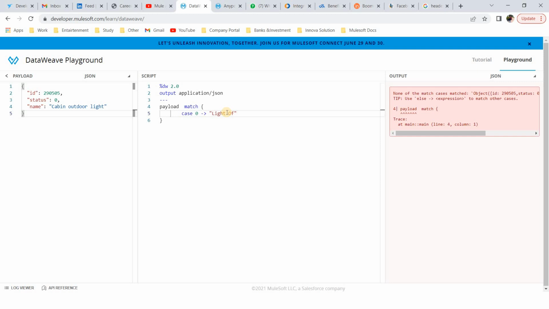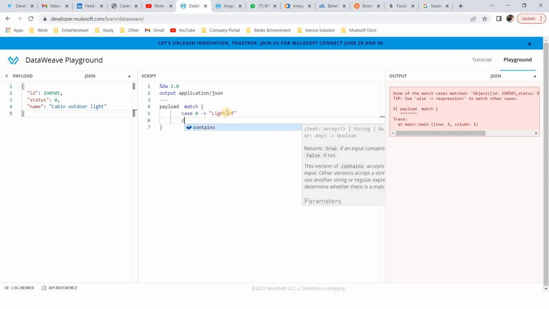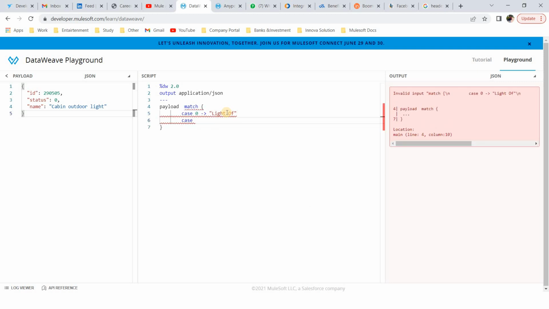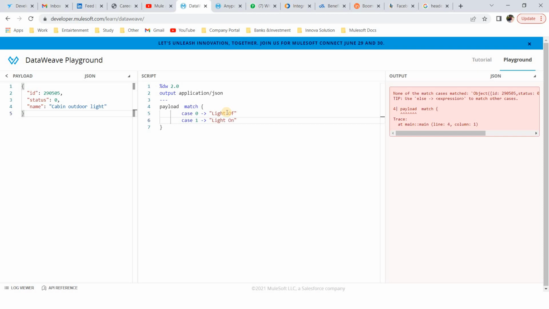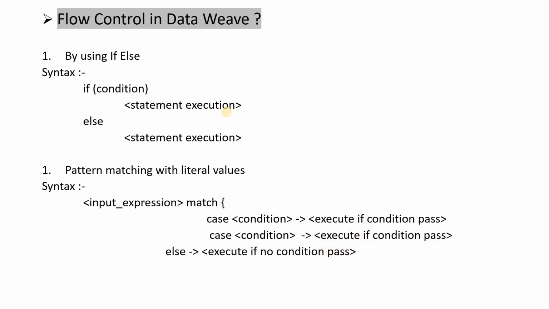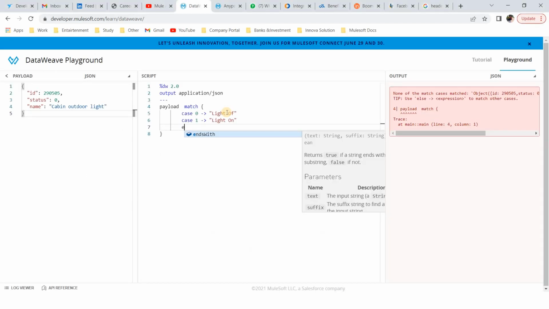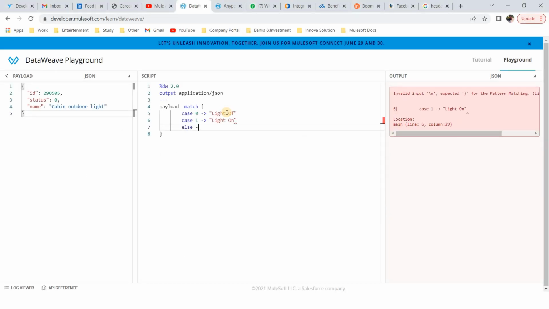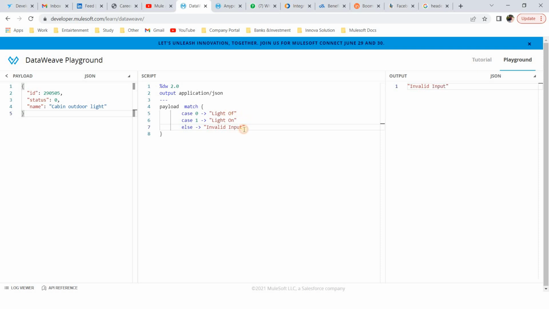And now in case 1, my output will be light on. Else, in the else condition we just mention invalid input.